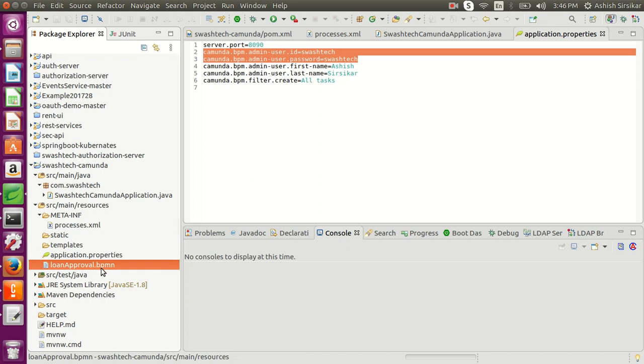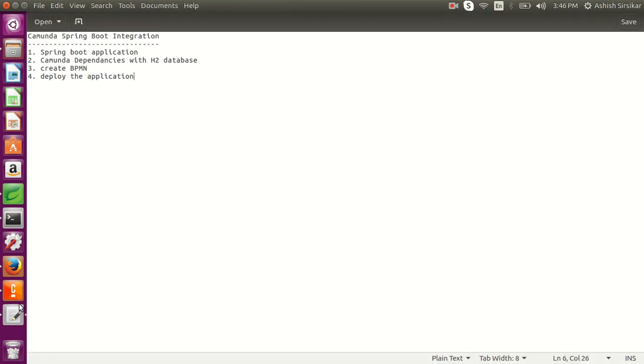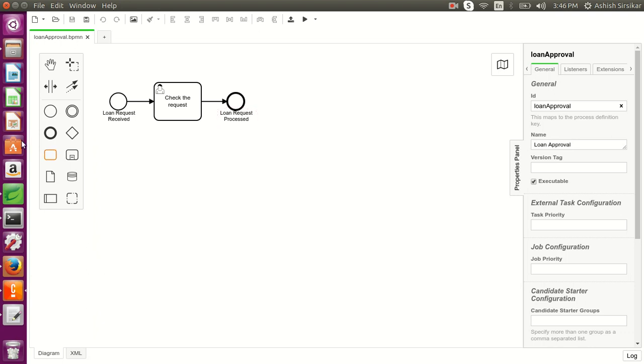So now we'll see how we can create this BPMN file. BPMN stands for business process management. You can see here I have opened this loan approval BPMN file. This is the start process, you can see the start event, and this is the end process. Everything will happen in between this start and end event.